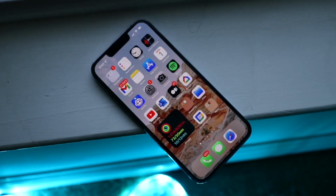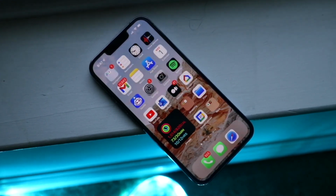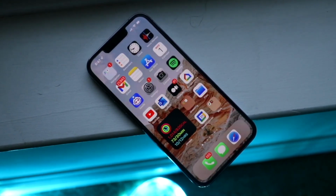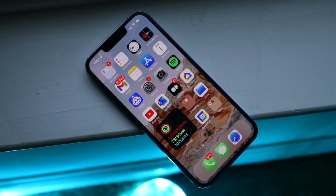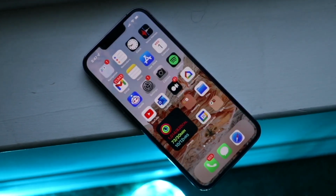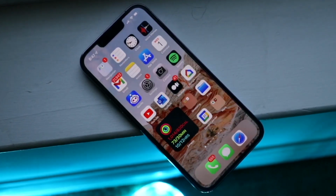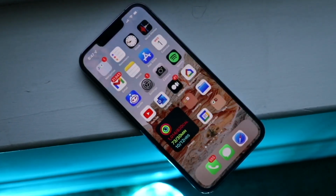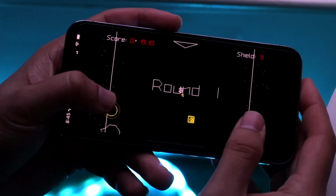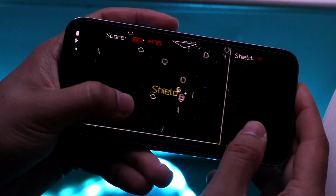But one interesting thing was, on previous iPhones, at least as far as I can tell from these reports, in order to repair, let's say, the battery of your iPhone, you would pretty much have to go through the front of the display, remove that display, and then work your way backwards. But it now looks like with the 14 and 14 Plus, you have the ability of taking off the back of this phone and repairing it from there. So this actually makes it a little bit easier for you to repair your iPhone if you need to, but especially with that back glass, which makes me feel kind of comfortable buying this type of iPhone